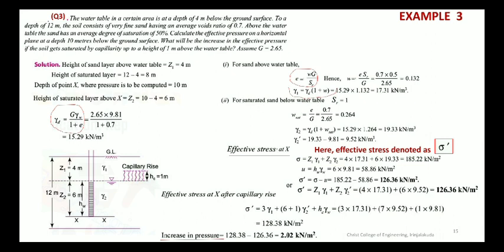It is 50% for the soil above water table. So 50 divided by 100, that is 0.5. And G is given 2.65. Substitute and get the value. W, water content is 0.132. Again, we are writing it as